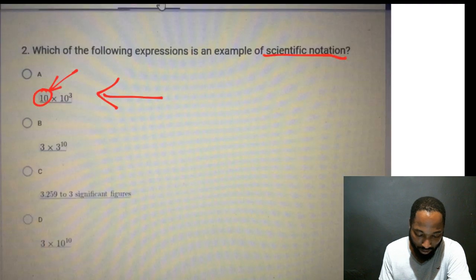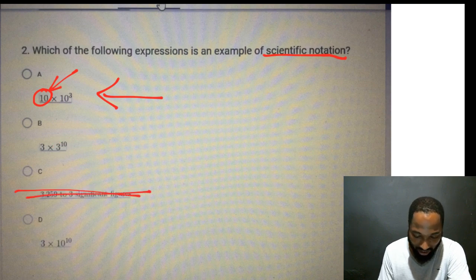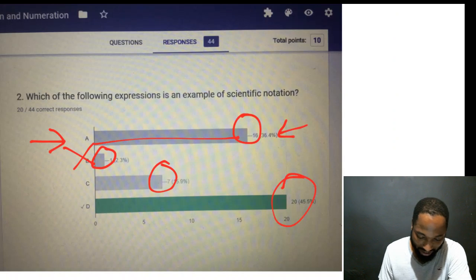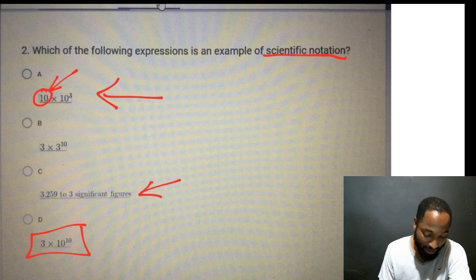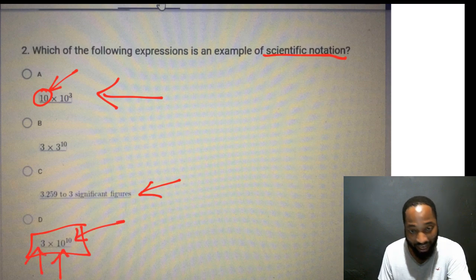Just a few people thought B was the answer. B can't be the answer because this number here has to be 10, right? And this is nothing at all. This is significant figures, but some people still fall for that significant figures trap. The question is asking for scientific notation, and this here is the correct answer because we have a single digit. We have the 10, and it's okay if we have 10 there as well. That could be any number as a matter of fact at the top there.